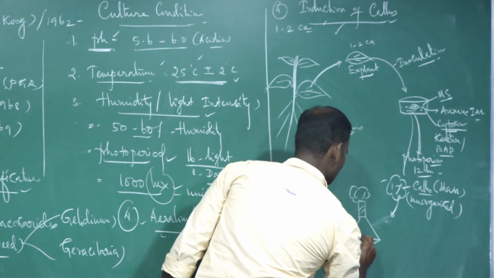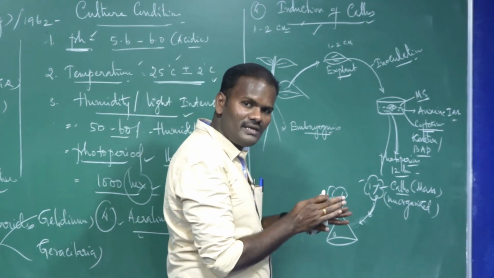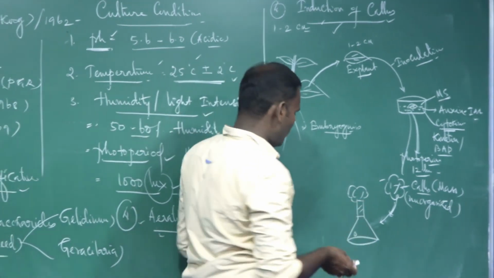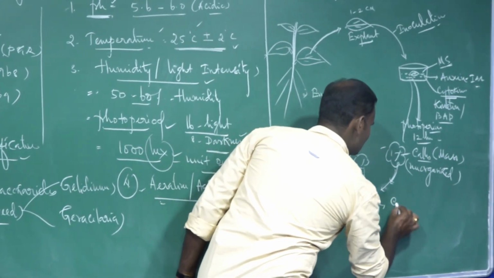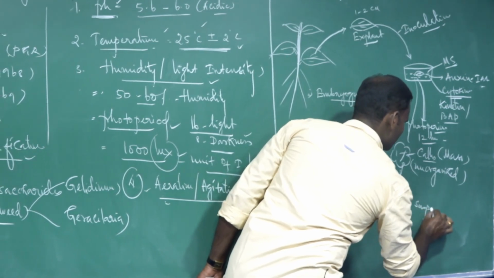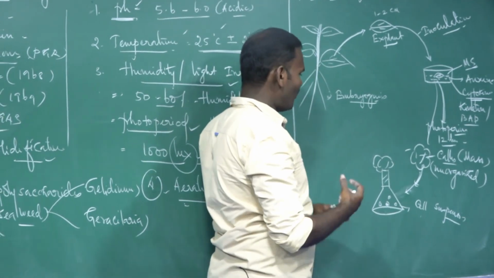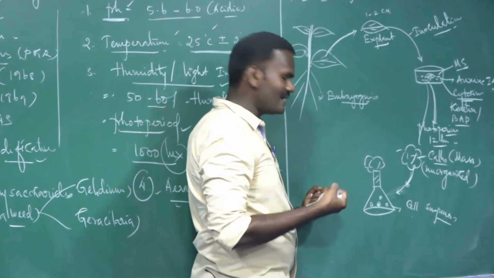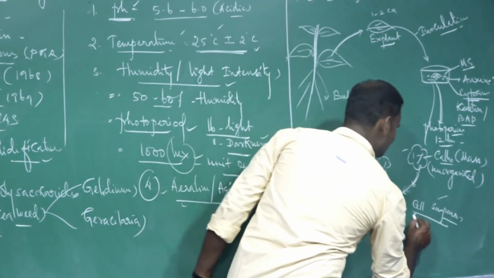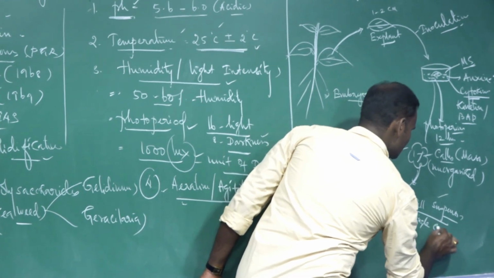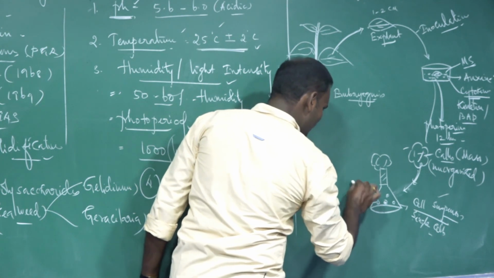It is a callus formation. And before embryogenesis, the callus should be separated, and single cell callus are cultured. These are called cell suspensions. Callus is a mass of cells, and for enhancing growth, we should separate the callus in the culture medium. These are called cell suspension or single cell cultures. From the single cell culture, the embryo is developed.